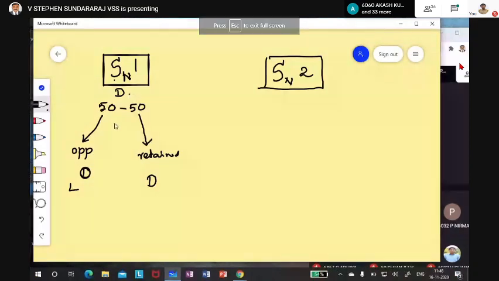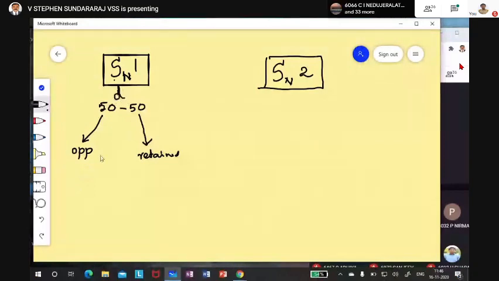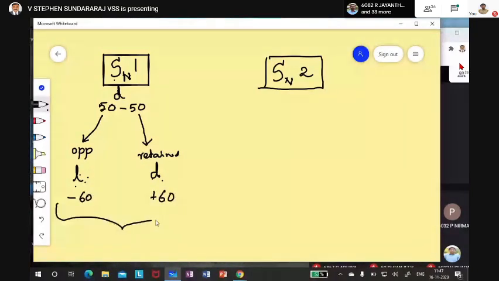Now I am talking in terms of rotation. Suppose this is D rotating, dextro rotating, the starting material reactant, then the product will be 50% L rotating and 50% D rotating. Okay, but both are the same molecule. The product is this alcohol, this is also alcohol. So that means enantiomers, if it is minus 60, this will be plus 60. Okay, that means overall 50%. What is that? It is no rotation. No rotation.